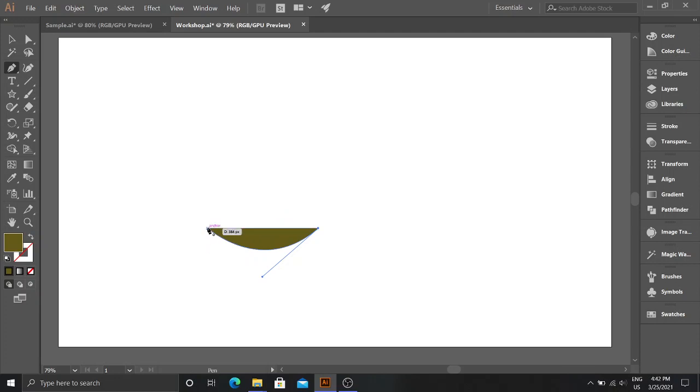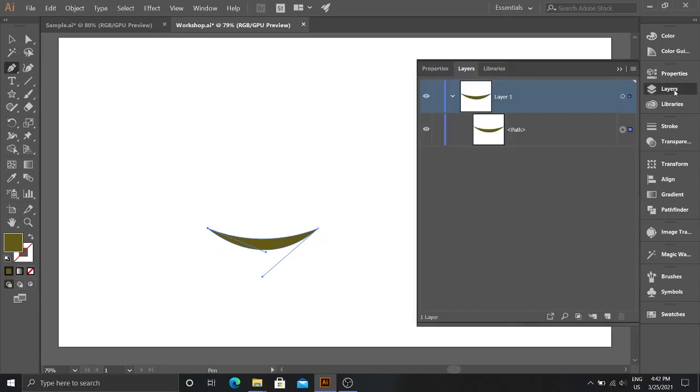Click on the anchor point here, hold down the left mouse button and drag out a line like this, and that's a path. Go to the layers panel here. You can see that in layer 1 we have a path like this.